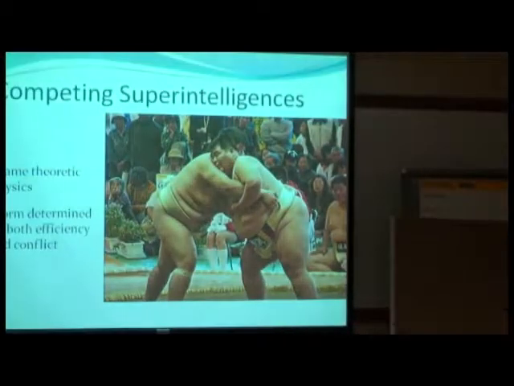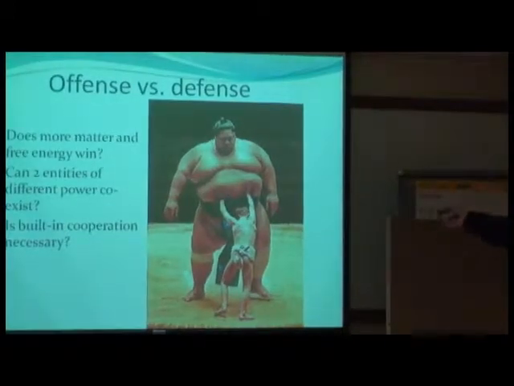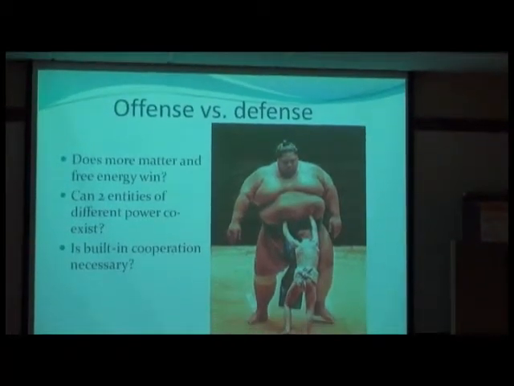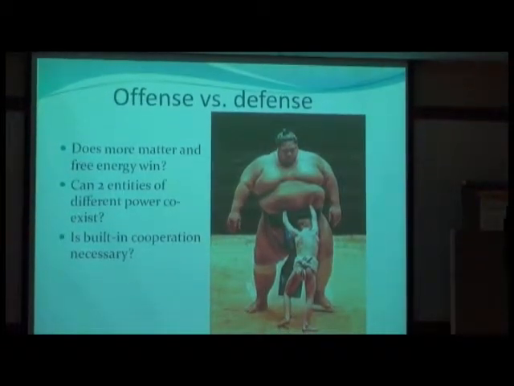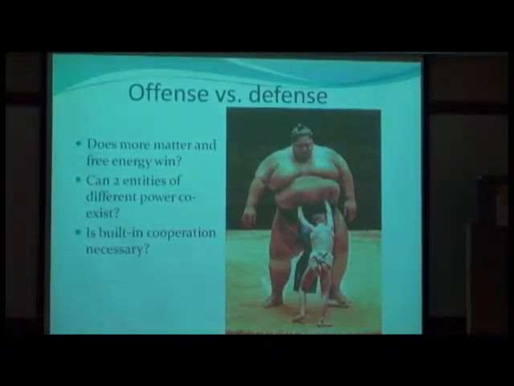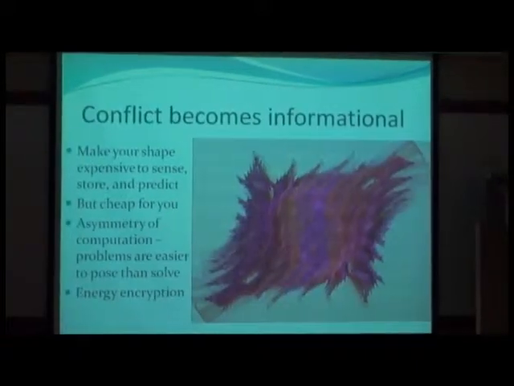And so that's where we get an asymmetry. Here I've got a little picture of sumo wrestling, where two entities of different power can actually be stably coexisting, even if one of them, in some range, is stronger than the other. If one is way stronger than the other, then there's no doubt that it can win. But I think there's some range within which we can have coexistence of entities of different strengths. And this is a good thing because it means that,